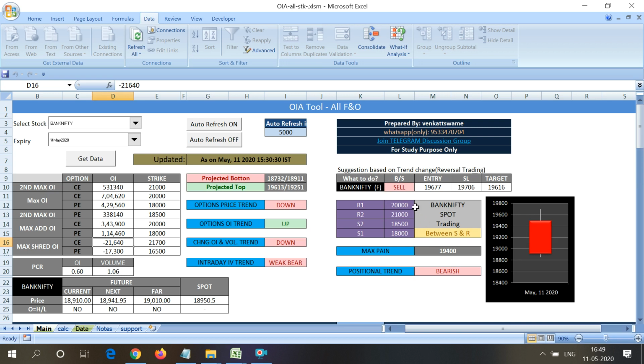Sometimes it will be below the support or above the resistance. We have a lot of strategies regarding that. If the stock is trading above the resistance, then tomorrow it is easy to take a trade after checking maximum added open interest. If it is trading below support also, of course we have a lot of strategies for the next trade. That's why I have included that also. And here I have shown some small strategies which will show you after the trend changes.